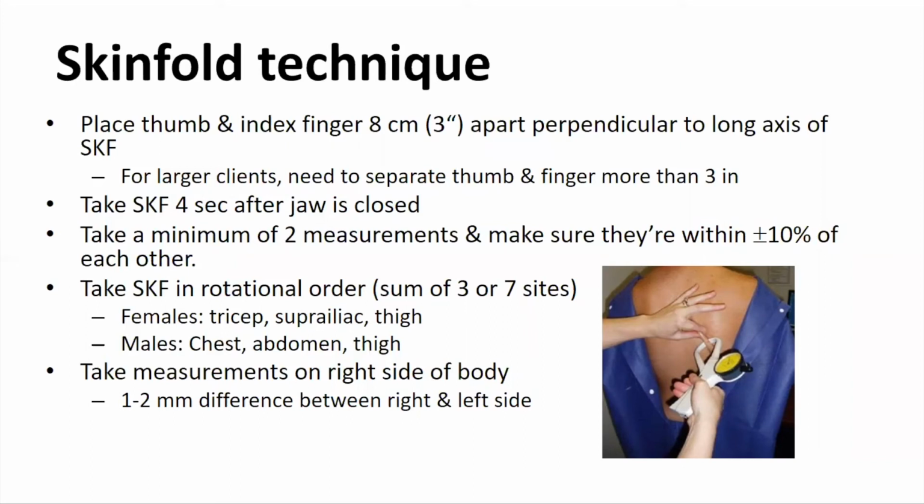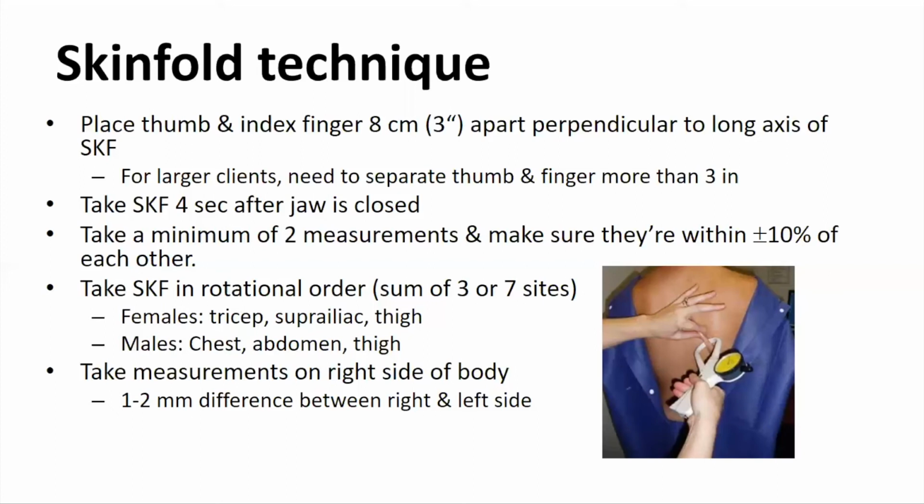This is done in a rotational order. For the 3-site model, for females it's triceps, suprailiac, and thigh. And for the males, the sites that we would measure for this 3-site equation would be chest, abdomen, and thigh. All of the measurements are typically done on the right-hand side of the body, unless